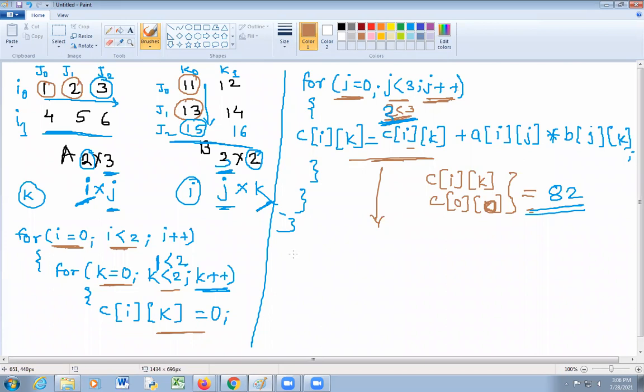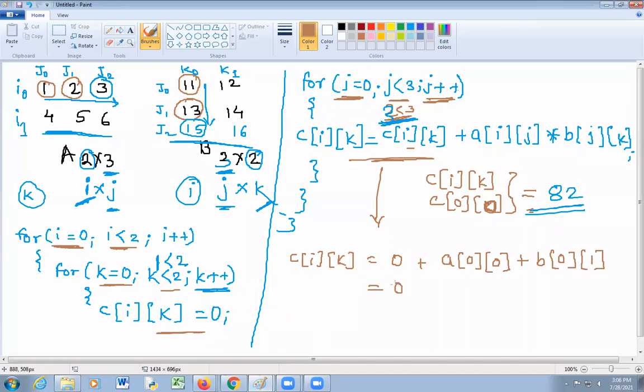So C of ik is equal to 0 plus A of 0, value of i is 0, value of j is 0, A 0 0 plus value B of value of j is 0, value of k is 1.